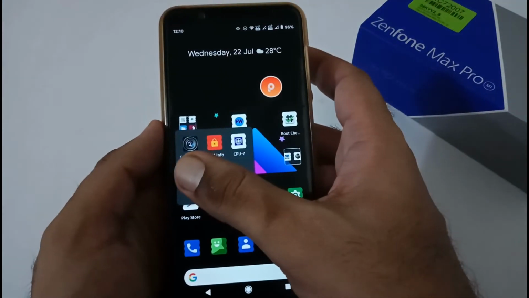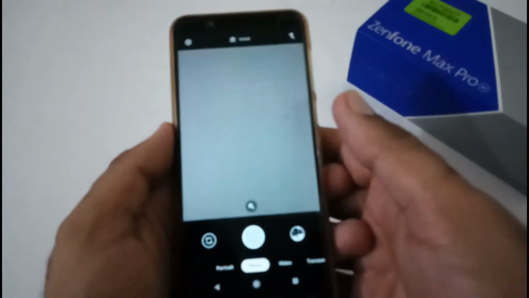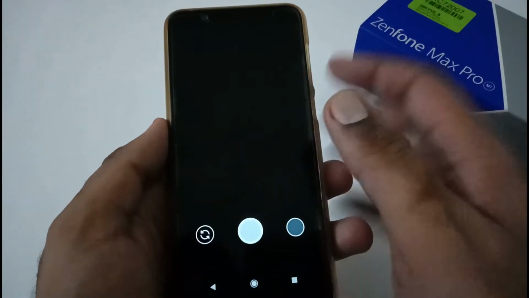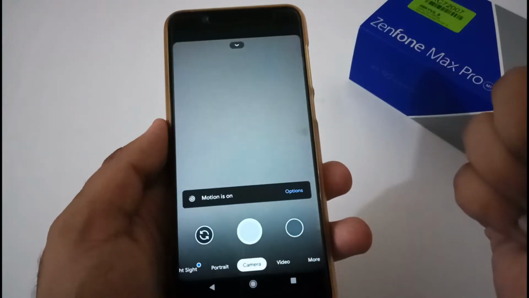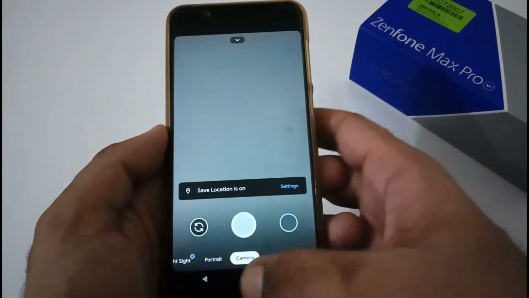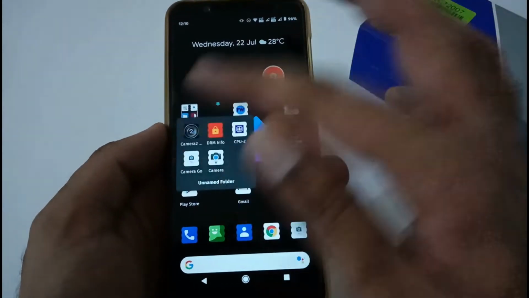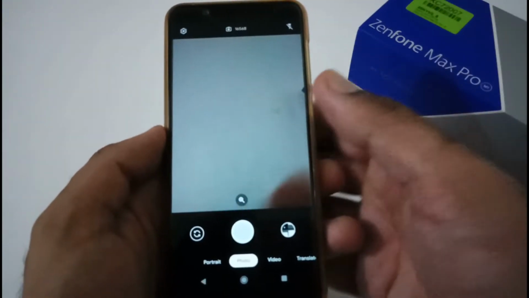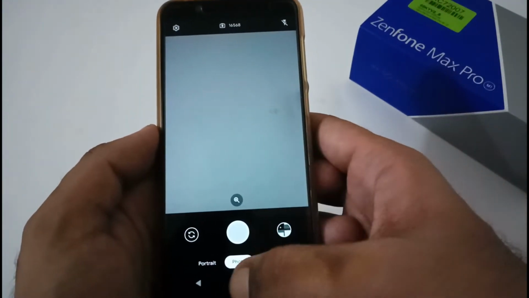If at your side it is L1, then it will show you L1. And apart from this, this is a stock camera, and this is a GCam that I usually use. The GCam link will be provided to you in the description box below, along with when I'll be discussing the installation part. So all in all, Camera Go is really nice. It will be a good experience whenever you are installing it and clicking pics and so on.